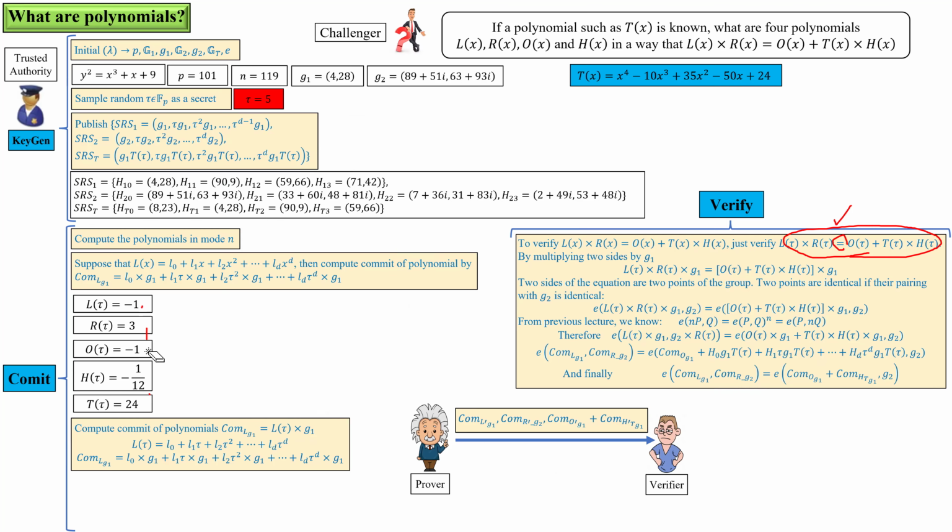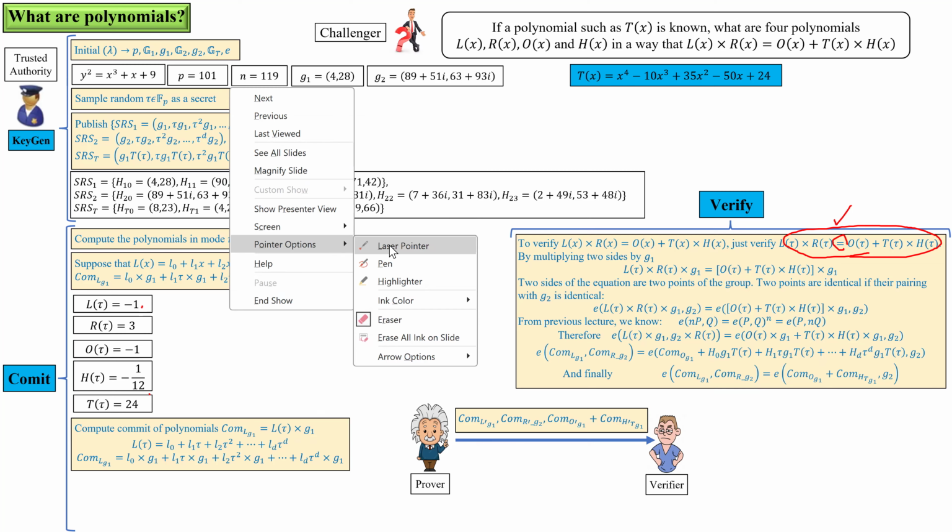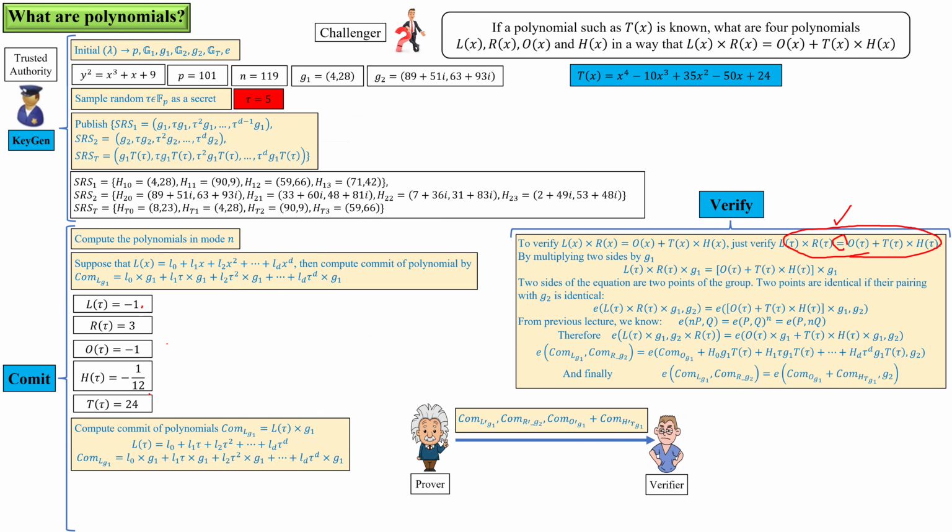The prover just picks values that satisfy the equation. So the prover doesn't know the polynomials, so doesn't do any computation over mod n. And then since the prover knows the value of tau, the prover can